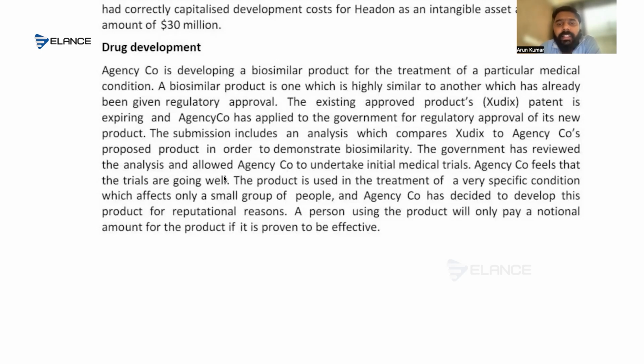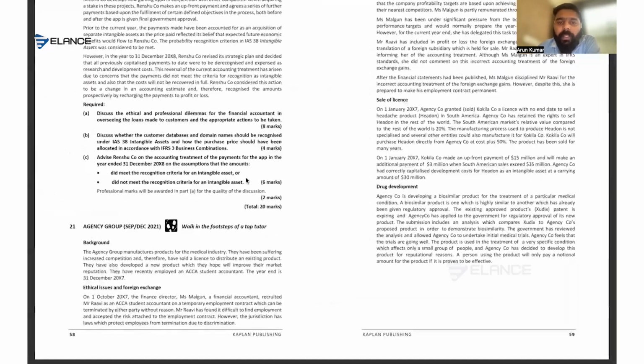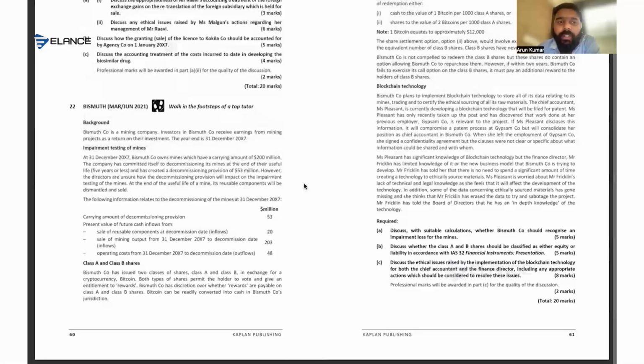Right? So overall, I can say that whatever expense we have incurred till now should be expensed to the P&L rather than capitalized. Is that clear, everyone? Any doubts in that part? As you have seen, IAS 38 is coming up multiple times. So make sure you revise that standard. It's a very easy one, but those criteria and all the points relate to IAS 38. Please make sure that you are revising it correctly.